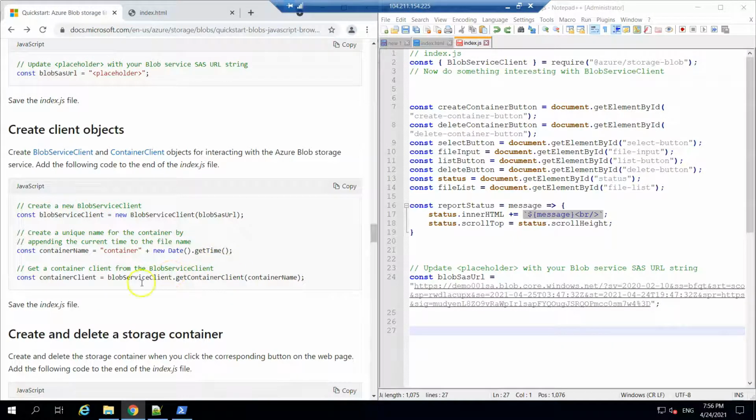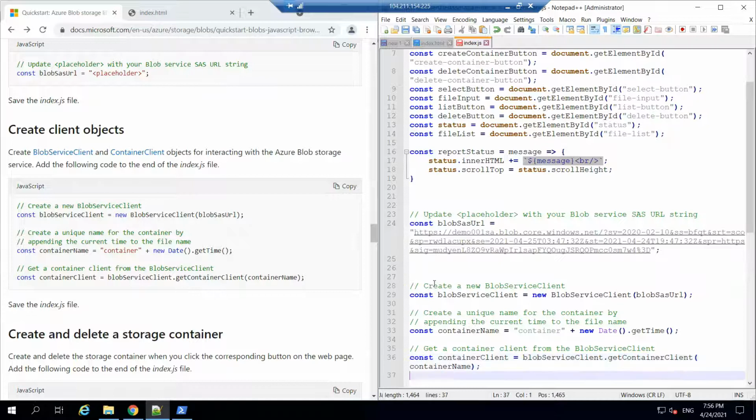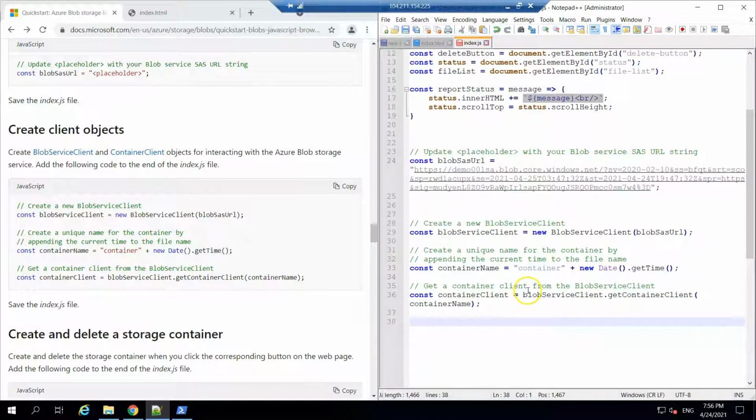If you wish to change it, you can just remove it and give some other name. And here we have this container client object using which we are going to talk to our container in the rest of this code. You can rightly think of this client object as a handle using which we can perform any operation on our container.